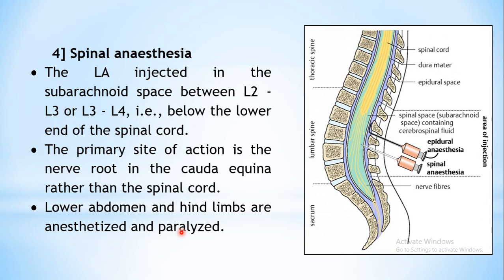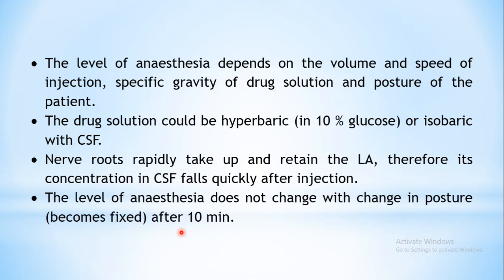When these injections are given, the person is made to sit in an upright position. Immediately once the injection is given, the person is not able to maintain the posture, that is, the person will not be able to sit upright. Immediately the person will fall backwards, because all the muscles in your lower abdomen, in your trunk region and in your legs are paralyzed, so you will not be able to maintain your posture and you will lie back. Somebody will be holding you when this injection is being given, and they will lie you down once this type of anesthesia is given.